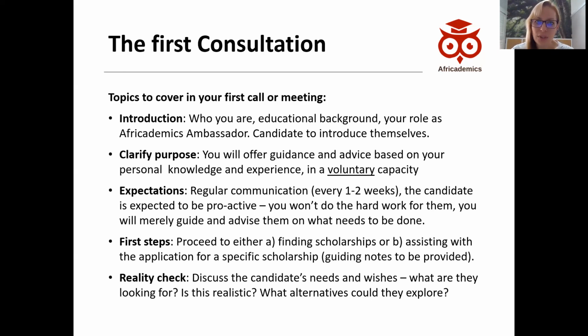And also keep in mind that if the first option is not realistic or doesn't work out, there are usually alternatives. So rather than saying, okay, this is not going to work out, try chatting about what other avenues they could explore. Think back to those different types of scholarships that we spoke about, and just see where the candidate fits in. Even if it's a smaller program, even if it's something that takes another year, that's fine. It's not a quick process. This is part of someone's long-term career planning. So if it takes longer, if it's a bit more complicated, that's fine, no problem.